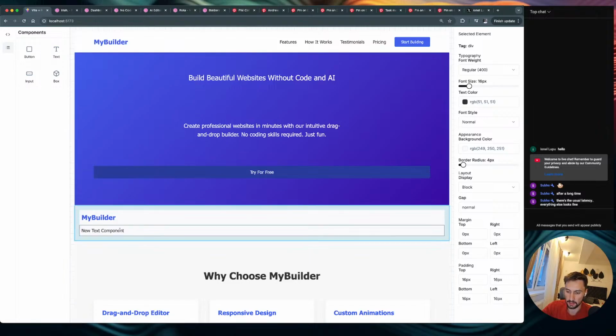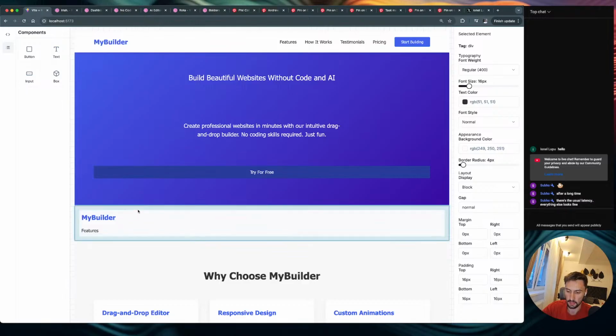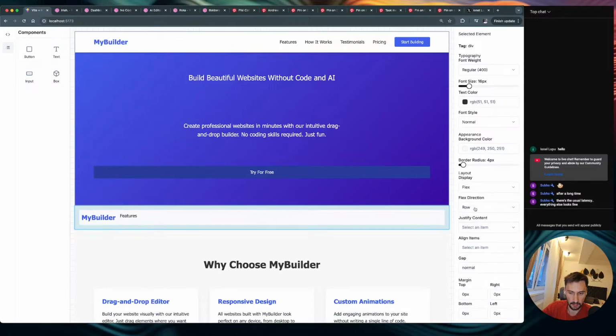Alright, I added the text, but as you can see, the text is underneath the logo. So the easiest way to make the text on the right, let's actually also change it. So this would be features. The easiest way is to make the parent display flex, and immediately it arranges itself in the horizontal direction or in the row direction of the flex attribute. And I can also say maybe display, even though it's not really correct, display between. So now the features is on the right,